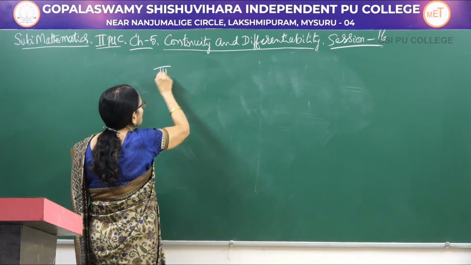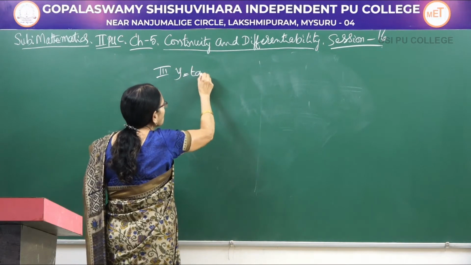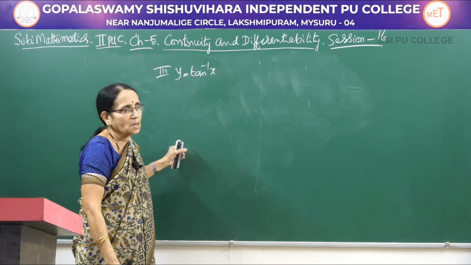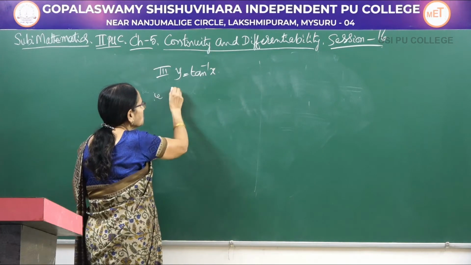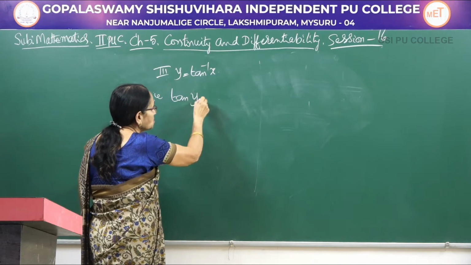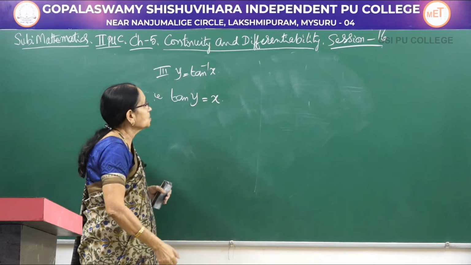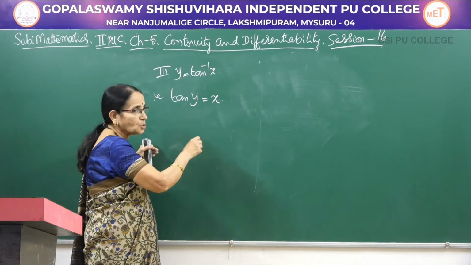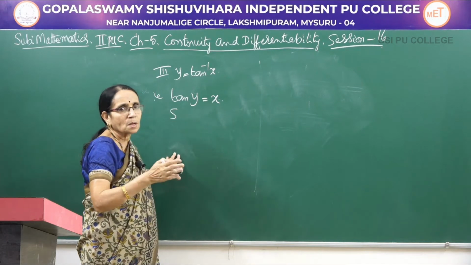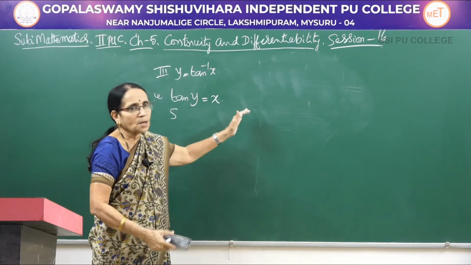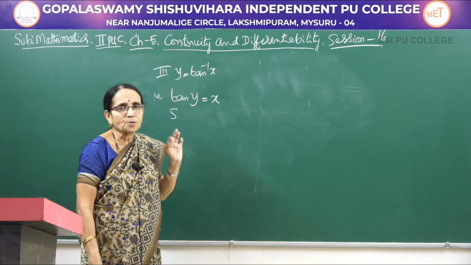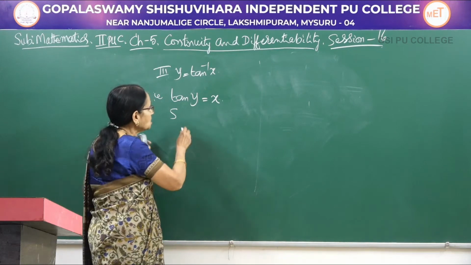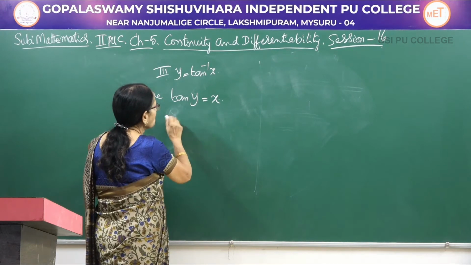The third one is in the same order that I consider for the trigonometry functions. Let y be equal to tan inverse x. Now using the definition of the inverse trigonometry function, tan y would be equal to x. Now differentiate. Here afterwards you have to be careful. We are using all the three identities here. For the first and the second formulae, we made use of the first identity, sin square theta plus cos square theta is equal to 1.